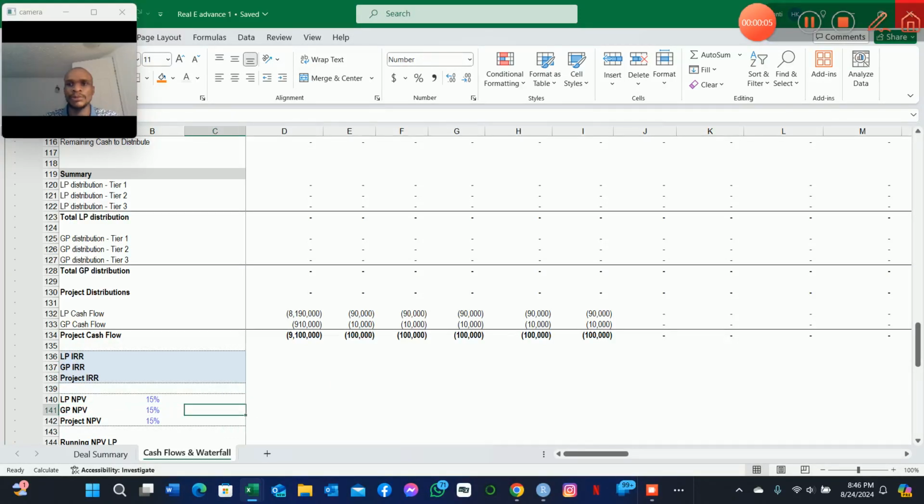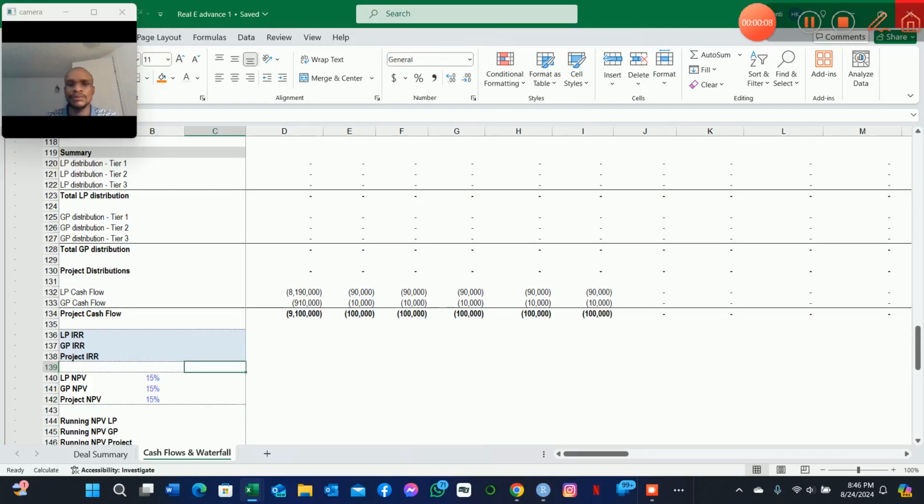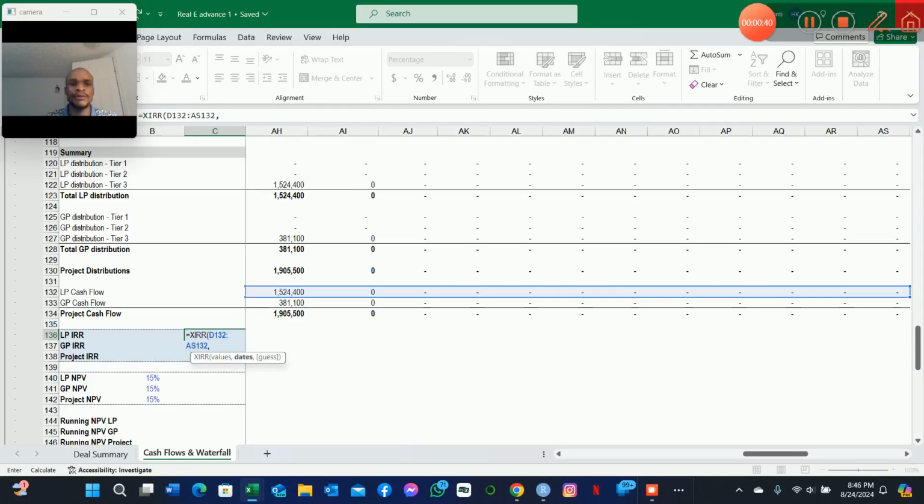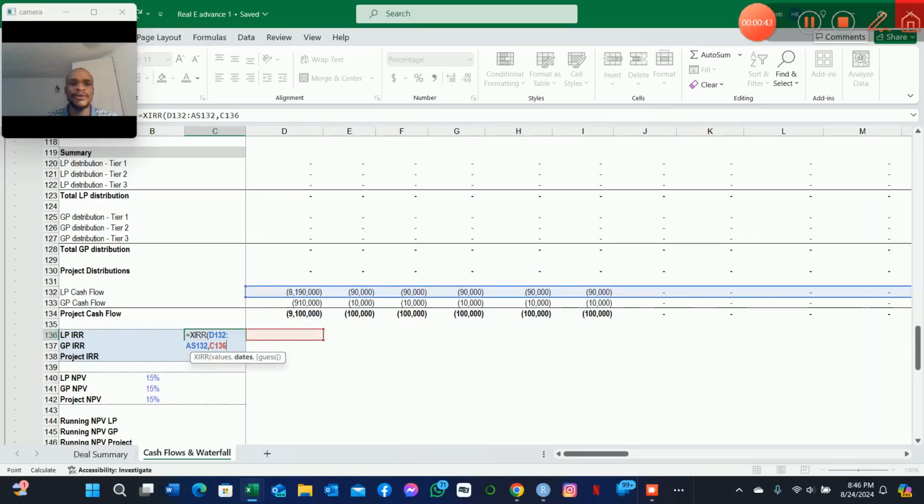So we are now ready to determine the internal rate of returns for both the LPs, GPs, and the project. We know that we have our inbuilt XIRR formula. So we take whatever cash flows were distributed to the LPs, including their initial investment capital. We take all of those amounts, we go all the way, and then we reference the date